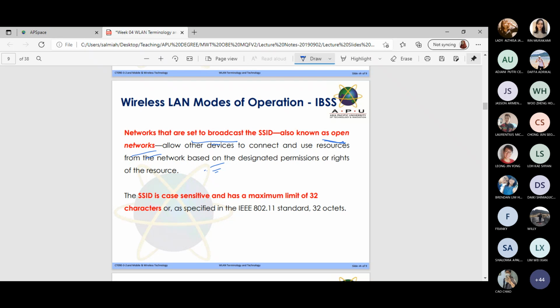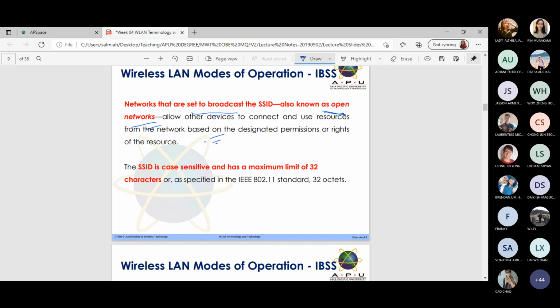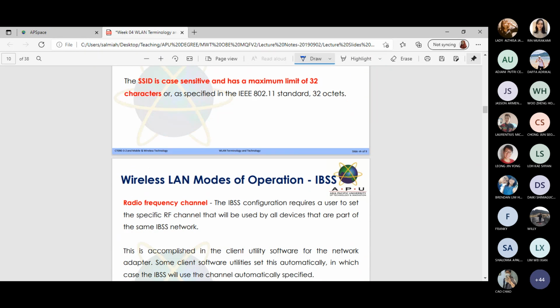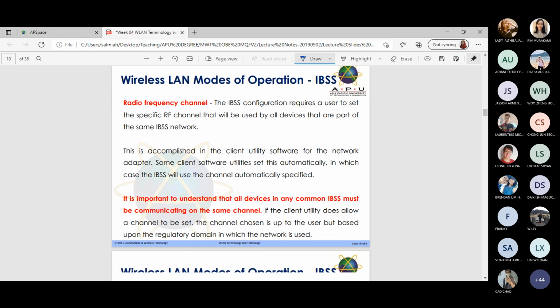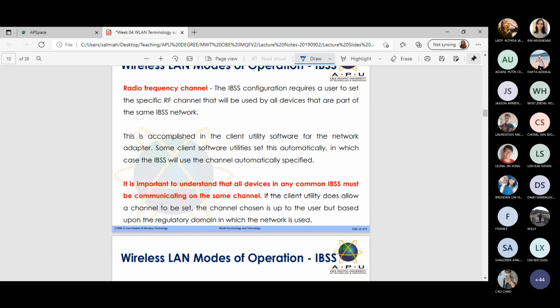If not, I just open my Packet Tracer and show where we can set the SSID, sorry, the password, and the security setting. And the channel also, I already mentioned. You need to understand we can have different channels, either you want to go for 2.4 gigahertz or you want to go for 5 gigahertz.